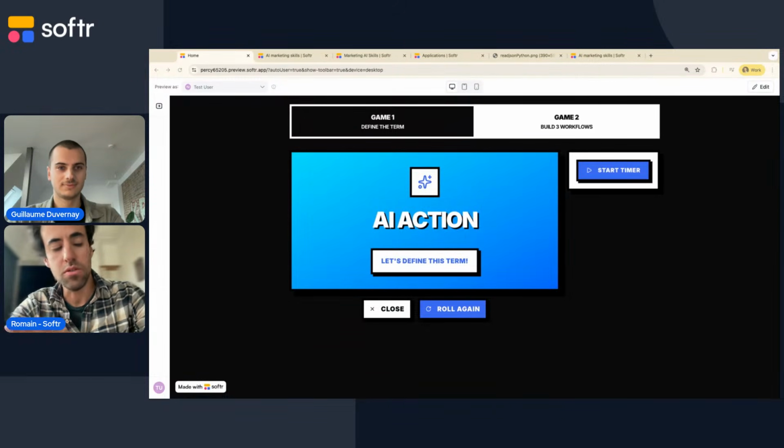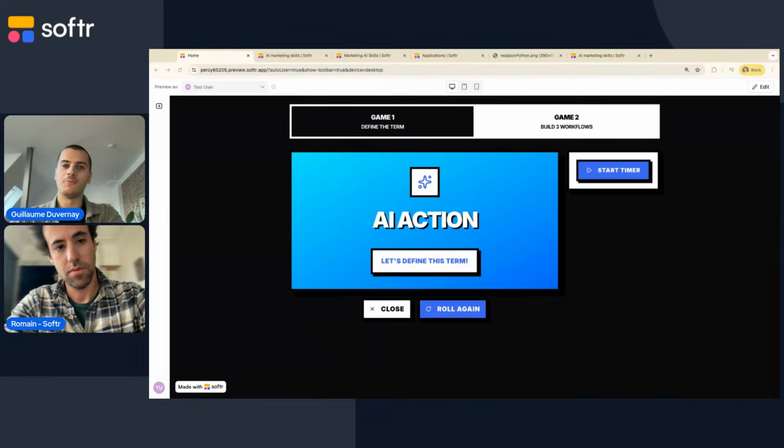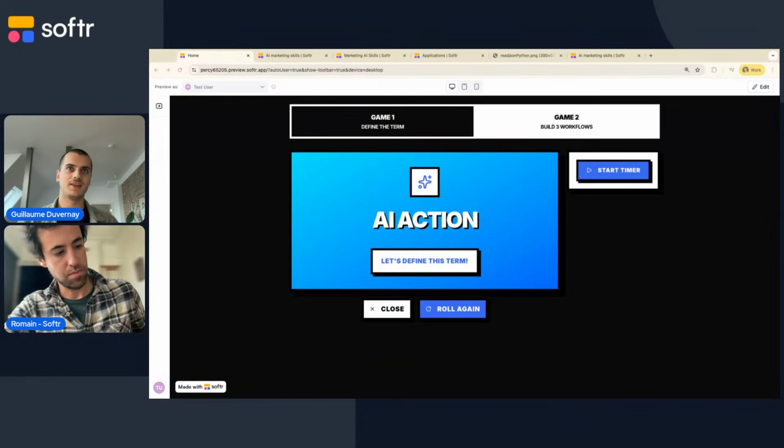Maybe just to finish on this one, we have Softr AI, which is an action that uses the credits that you gain through Softr. And for some higher plans, we have bring your own keys AI actions. So you could use Anthropic, Gemini, OpenAI, Mistral AI as well, with your own API key if you have that, and do exactly the same actions. In Softr AI, we also let you pick from many models and many providers, so you can decide how big the model should be depending on the complexity of the task.